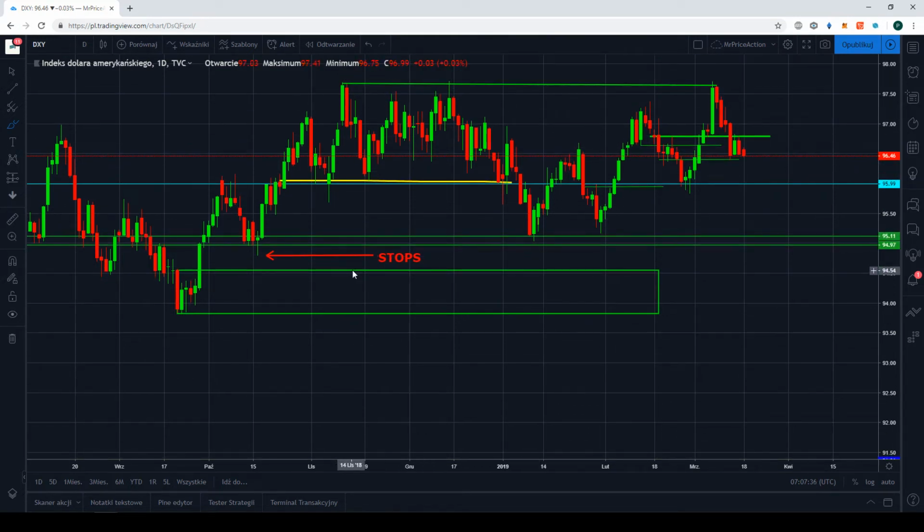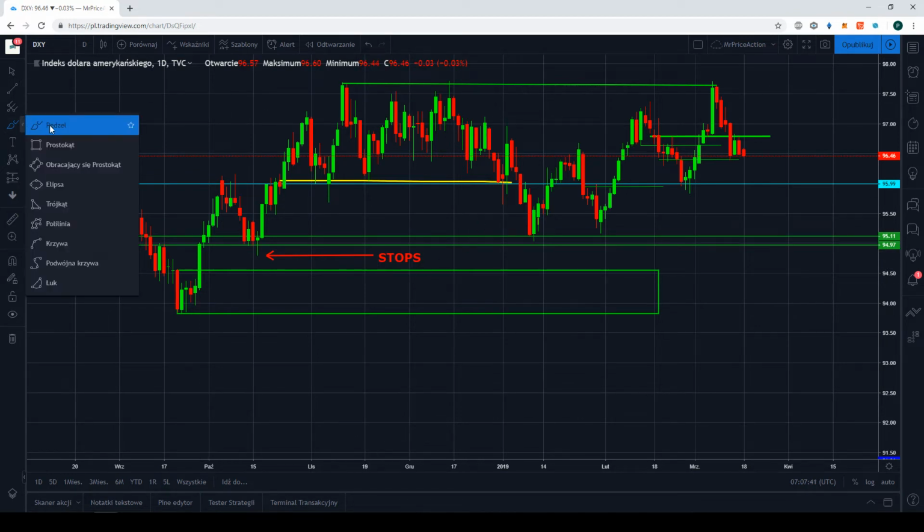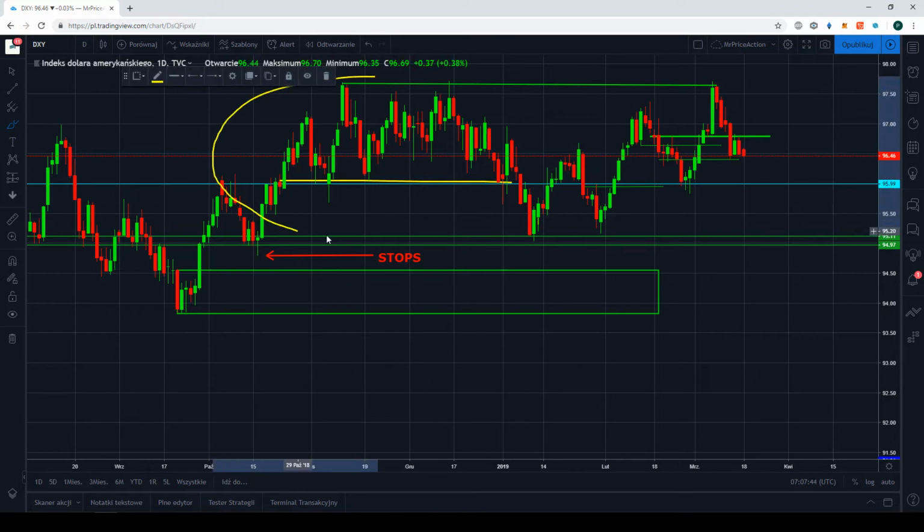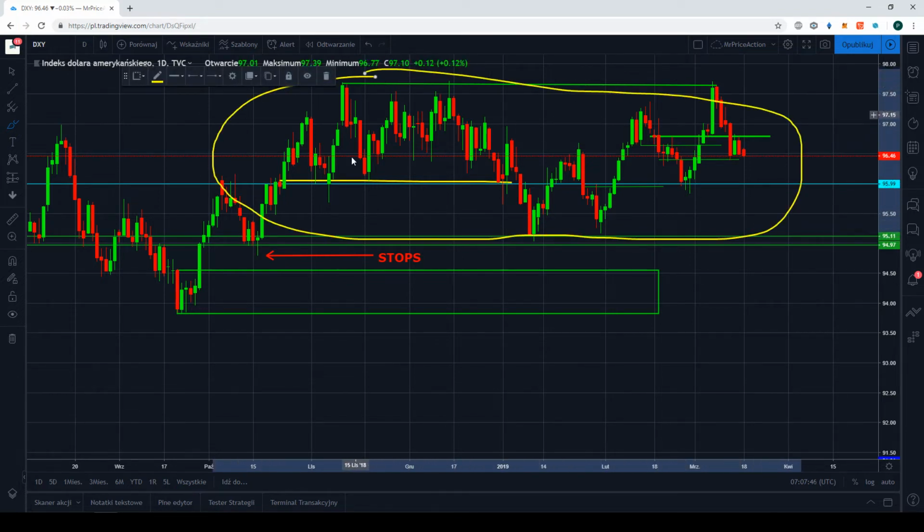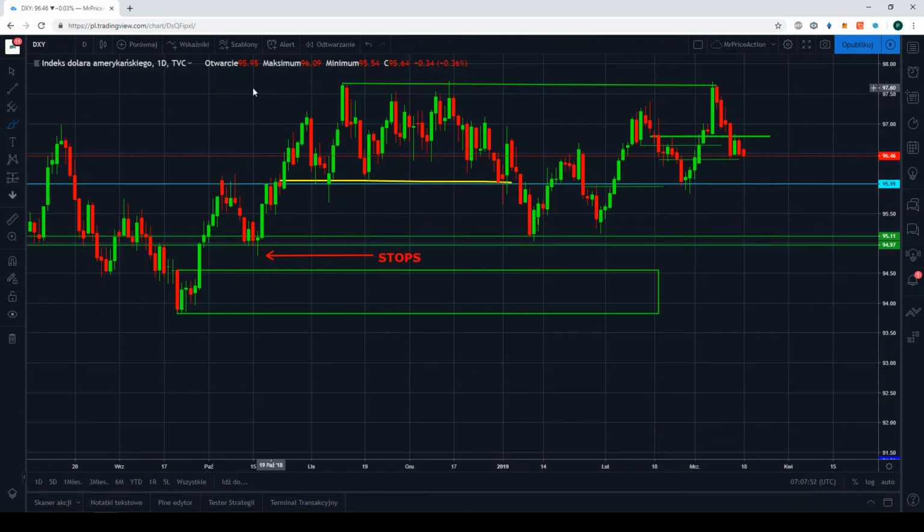So that looks very interesting, and in that case, if we are going to assume this is the current range, and if we are going to take only open and close into consideration without upper shadows, let's make the measure. That may break down through this range, and may lead to a deeper fall on the dollar, even towards 92.50.